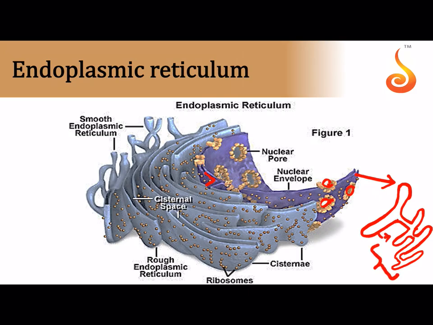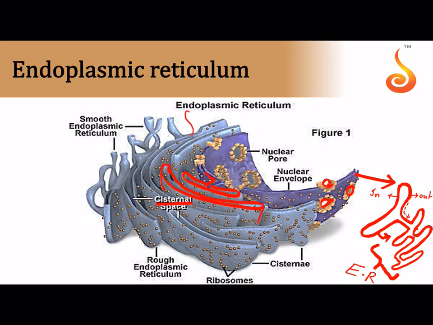See how it continued from the outer wall of the nuclear envelope. Remember, the nuclear envelope has 2 layers, the inner membrane and the outer membrane of the nuclear envelope. The outer membrane is what continues as a system of flattened disc-like structures, which is referred to as the endoplasmic reticulum. See, you can see how it is a system of flattened discs over here. These are the membrane bound discs which I am highlighting for you. Okay, now these membrane bound discs are referred to as the cisternae.